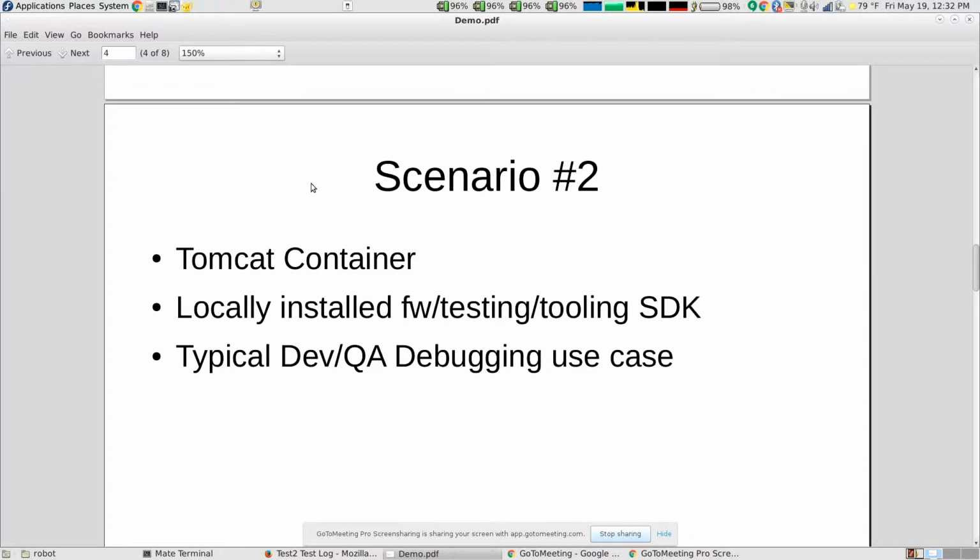Now, the second scenario is essentially the same layout, the same idea, but this time it's geared more towards, for example, a QA or developer who needs to debug. The typical dev or QA use case. When things are running headlessly, invisibly inside of a container, you don't see anything in real time. It makes things a little bit harder to debug. So that use case is being addressed as well. For this example, we have Tomcat in a container as usual, like the previous example,